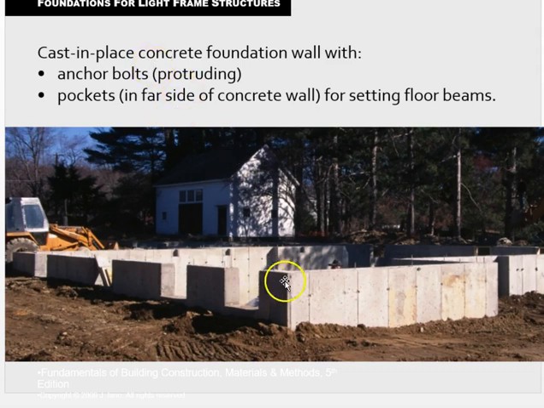Anchor bolts we see here in this foundation. There are anchor bolts, kind of faint, but we could see them. The structural engineer would specify what size bolt and the spacing for it. Pockets for setting beams we see over here where the shadows are cast, so girders would be placed into those